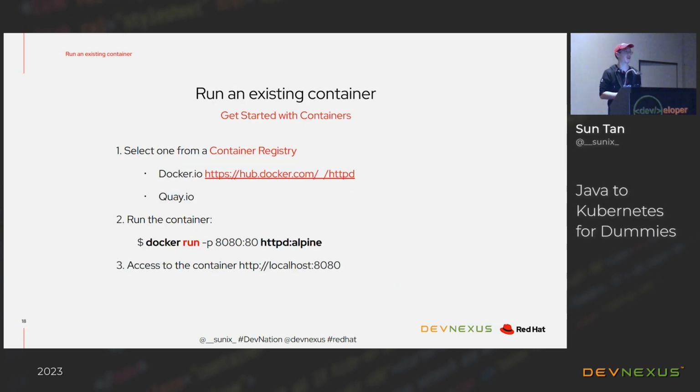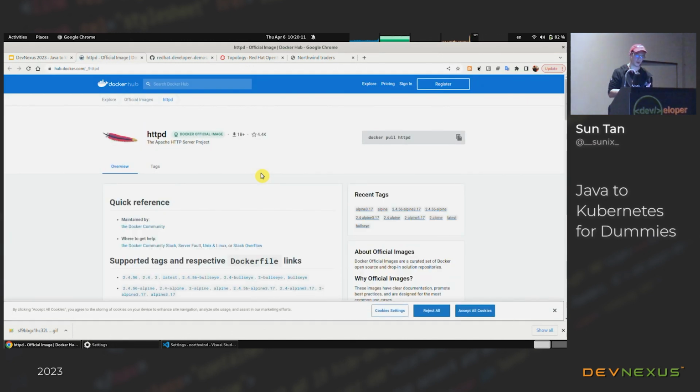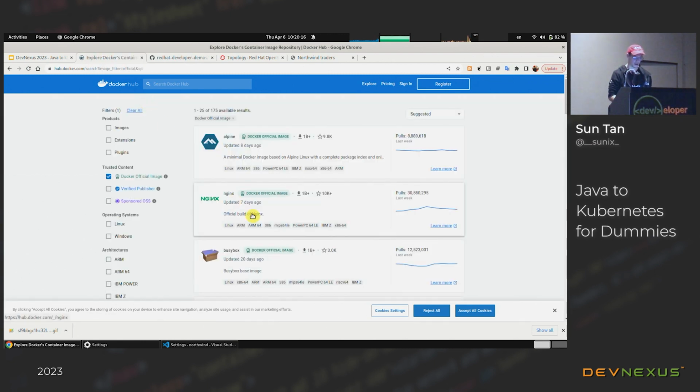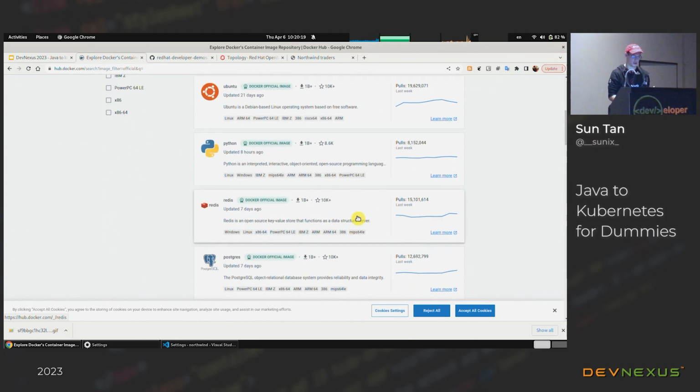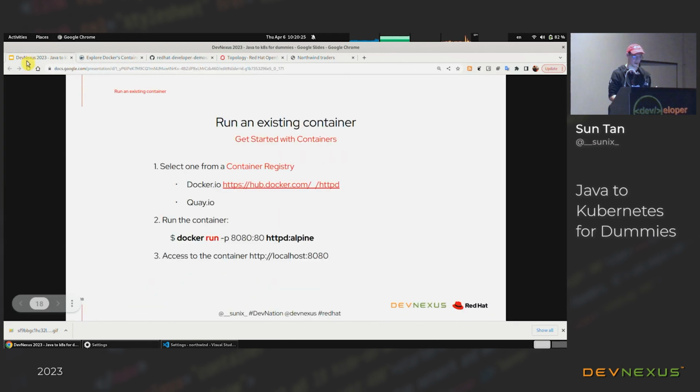Okay, so if you want to start with containers, the first thing I would do is to run an existing container. There is what we call a registry, where you can find a lot of containers that have been published by the community. For instance, this is Docker Hub. It's a registry where you have a lot of containers. I can browse, and you can see there are so many images. If you want to try one of the images and run it on your computer, you just need Docker, of course, or Podman,